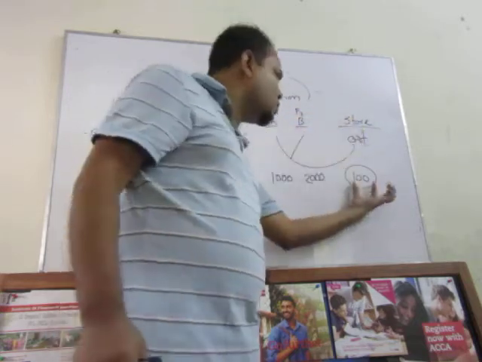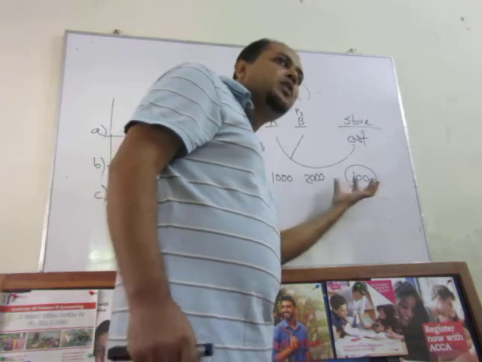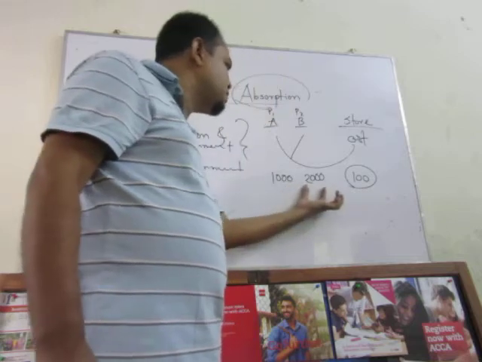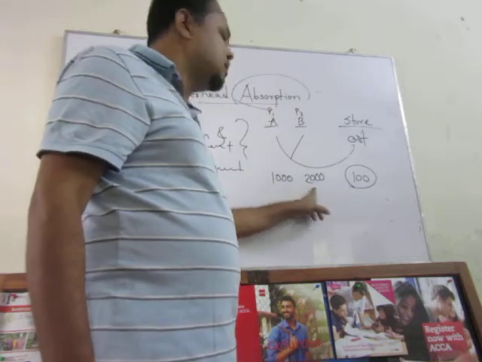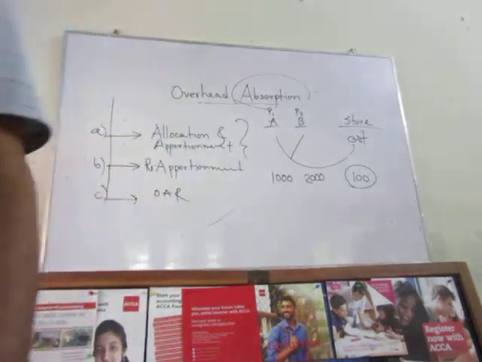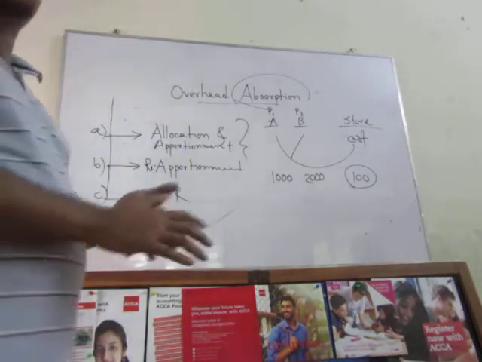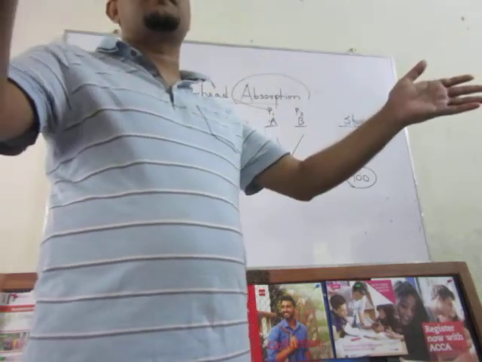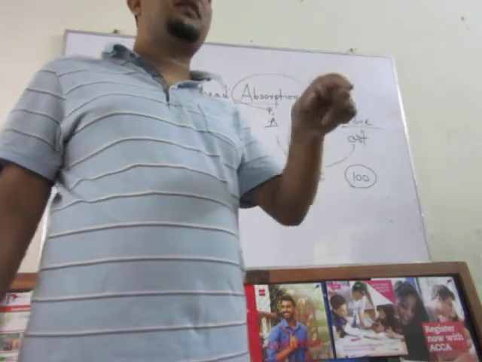That's why the store department total cost is estimated for providing these kinds of service. So this cost should be apportioned between these two departments depending upon this proportion, that means 1:2. So the store department cost should be apportioned between the production departments depending upon the value of the material requisitioned by